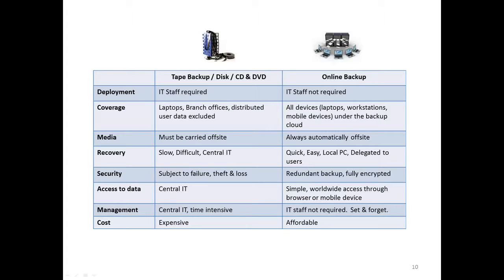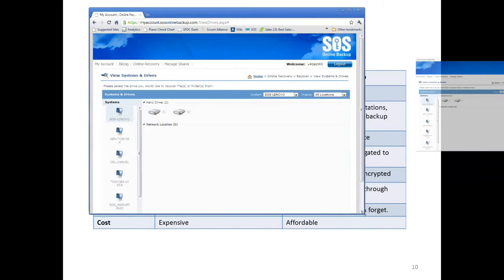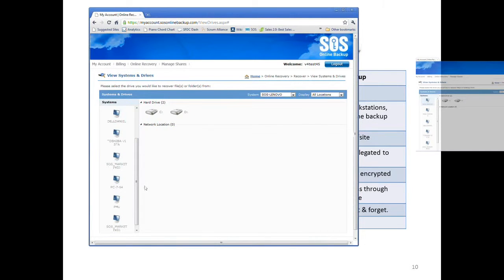So I'm just going to flip my screen here to demonstrate what I'm talking about. Here in this web browser, you can see I'm actually logged in with the browser into my online backup account. You can see I've got a bunch of PCs that I've got backed up to this particular account. And in real time here, I can access my data that's stored in the cloud.